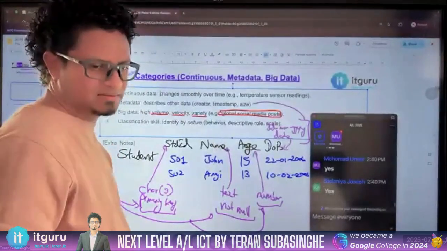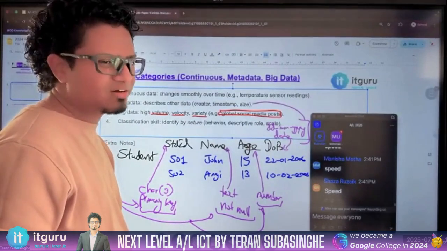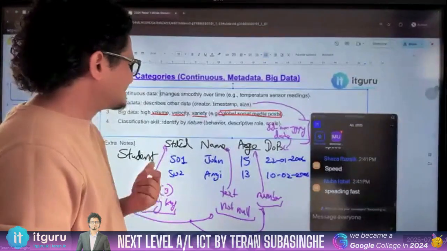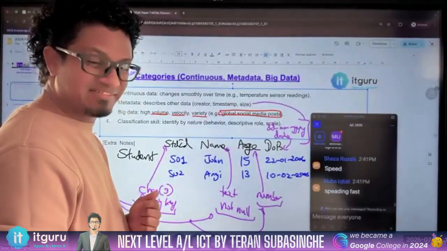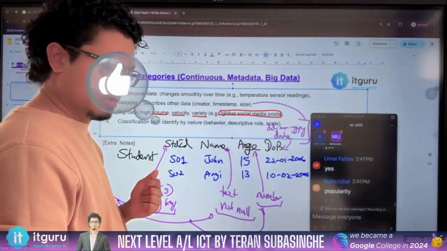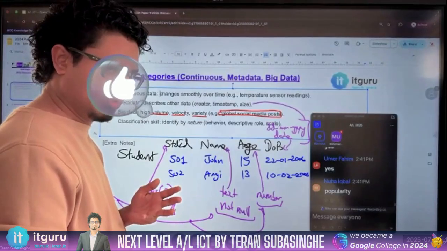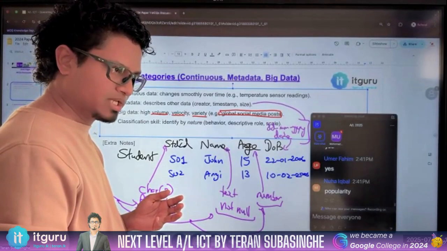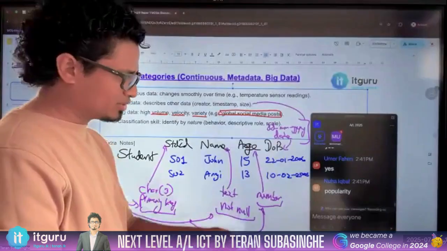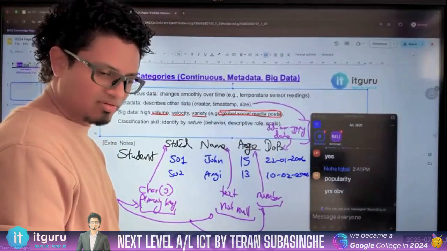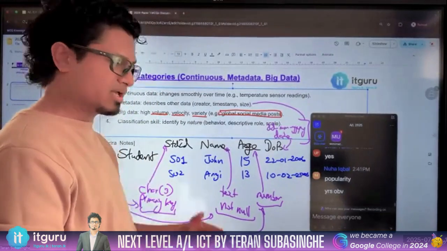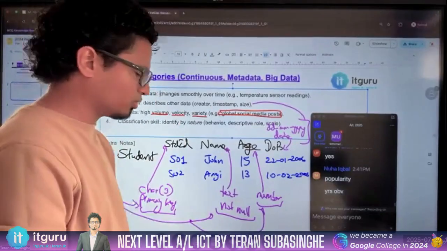What do you mean by velocity? Anyone? The speed, or how frequently it happens, right? Does a social media post have a velocity? Yes. This is why, soon after you wake up in the morning, normally what people do is get out of the bed. But now what you do is check the notification. Agree with me or not? How many of you are actually doing it? Before coming out of the bed, you take the phone and check the notification. I mean, I'm doing that.